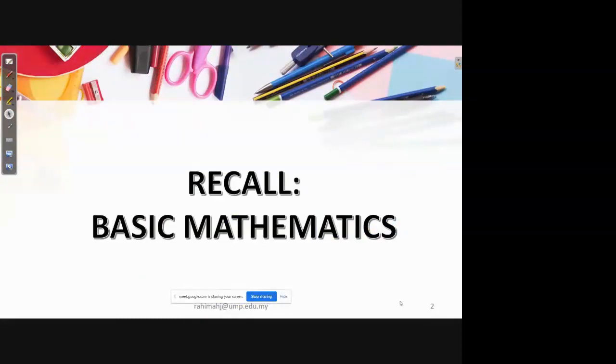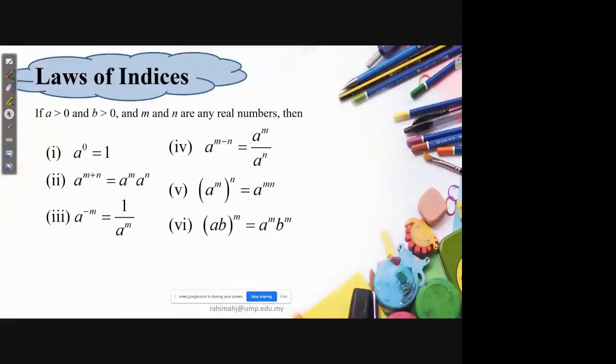Okay, let's recall basic mathematics, a few formulas. We start with the law of indices. If A and B are greater than 0 and M and N are any real numbers, then we have these rules of indices. A to the power 0 is 1, so don't forget this. A to the power M plus N is equal to A to the power M multiplied by A to the power N. We normally use these laws of indices in order to simplify our final answer,